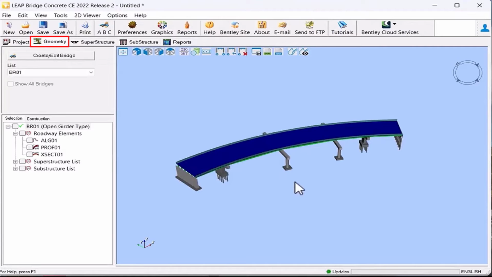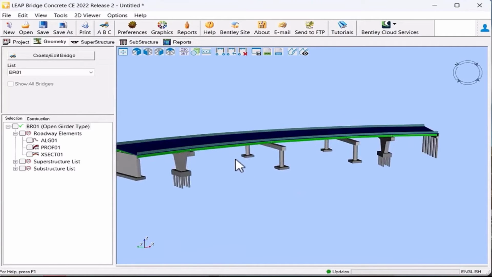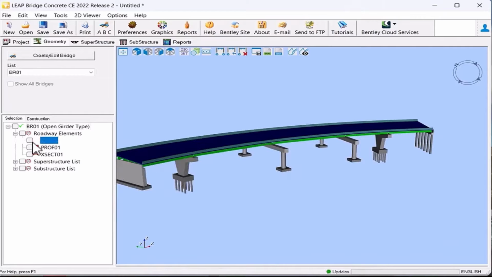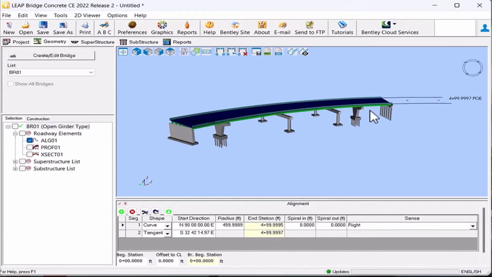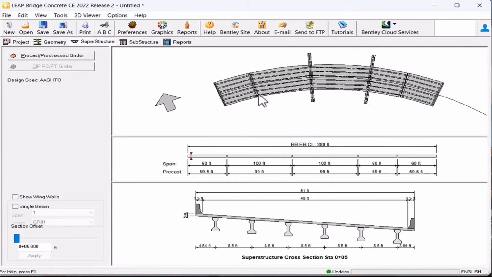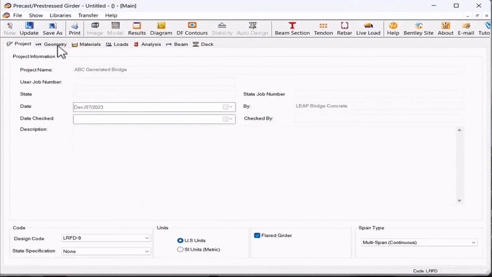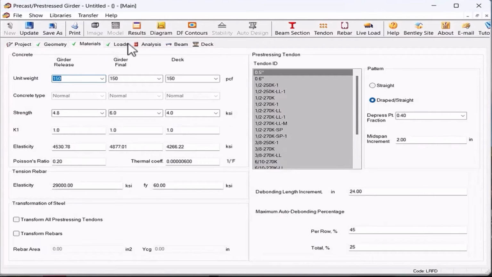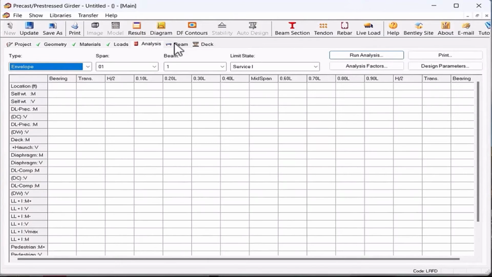Then in the geometry tab, the user should be able to see the 3D view of the bridge. User can click on the tree and then see the alignment, profile, and cross-section information there. If the user wants to move the straddle bent,